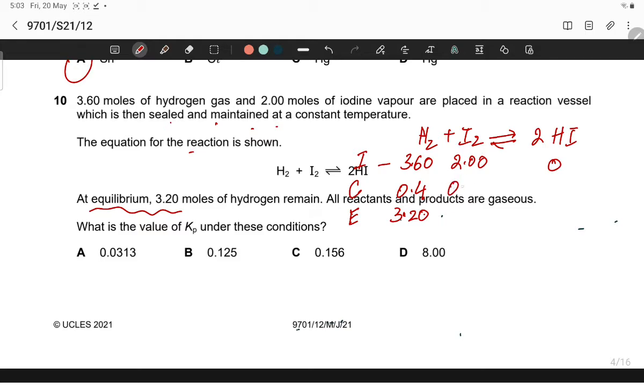And 0.4 for H2 and I2 is 1:1, so this is again 0.4 moles. And for HI it is 2:1, so the moles are 0.80 mole. By subtracting from initial mole, iodine is equal to 1.60, and HI at equilibrium is 0.80. So these are the moles at equilibrium, and Kp is equal to